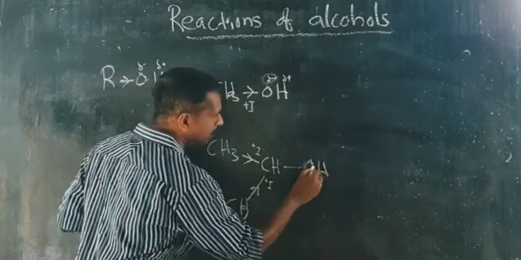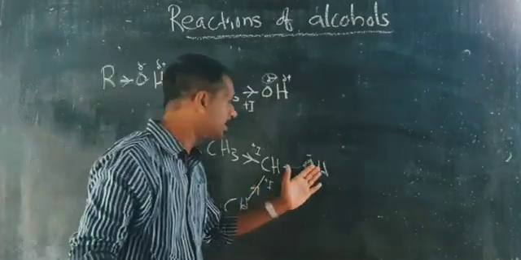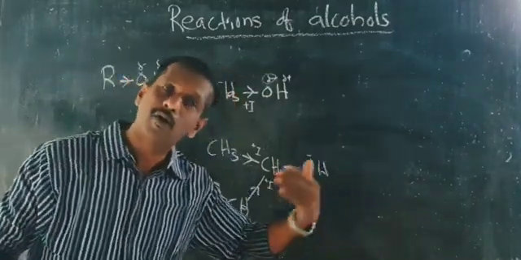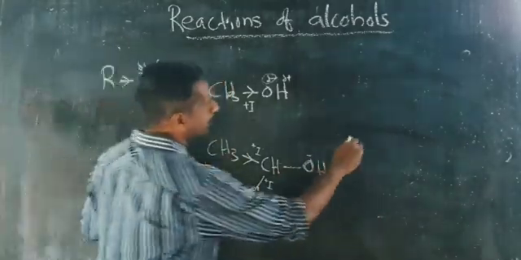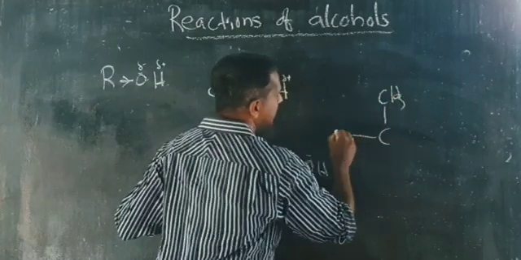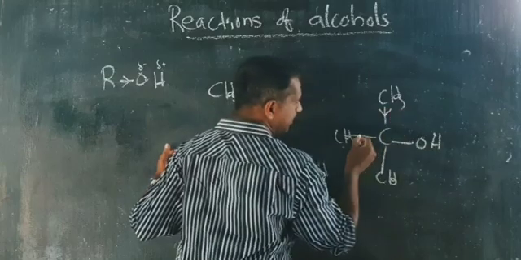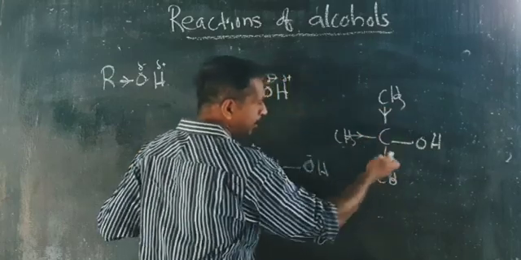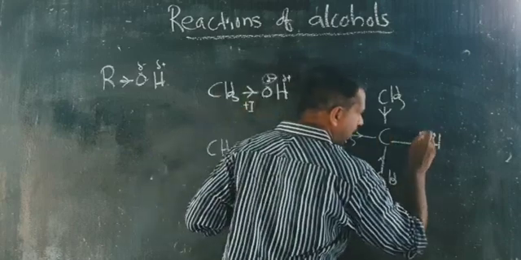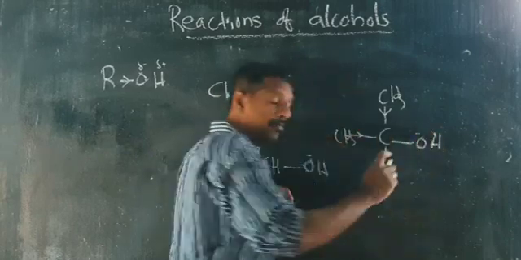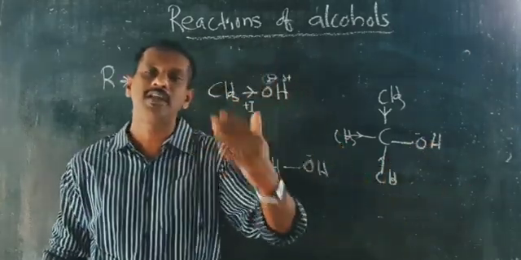The electron density around this oxygen atom will be very high. That means again the removal of H+ ion becomes more difficult. It will become more difficult. And when you take a tertiary alcohol, with three CH3 groups and OH, you can see that here it is plus I effect, and because of that the resultant negative charge on the oxygen atom will be very high, and therefore the removal of H+ ion becomes very